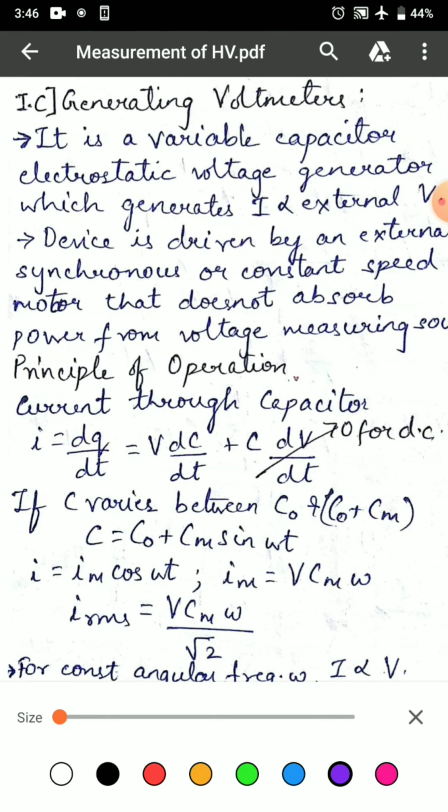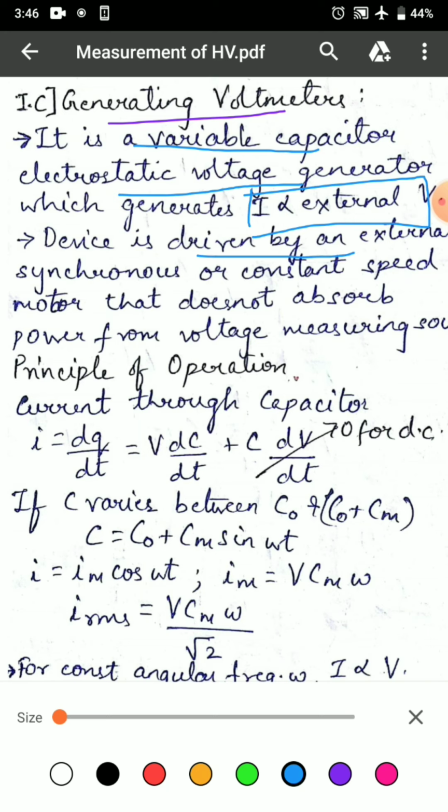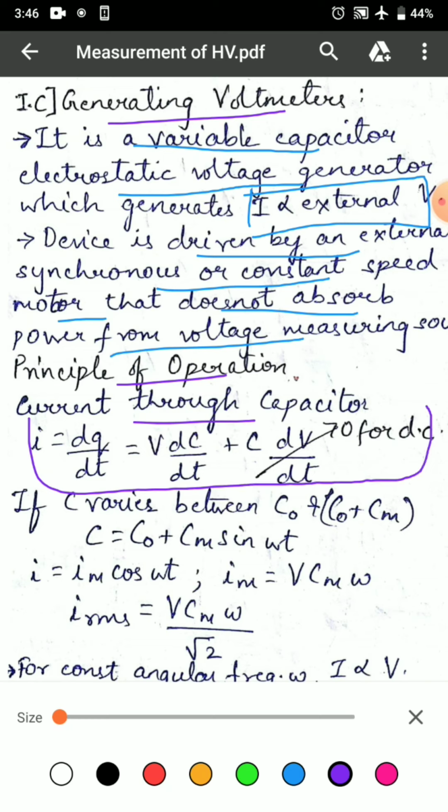The third type of measuring instrument for DC voltages are generating voltmeters. It is a variable capacitor electrostatic voltage generator which generates current proportional to external voltage. The device is driven by an external synchronous or constant speed motor that does not absorb power from voltage measuring source. The principle of operation is: current through capacitor is given by I is equal to dq by dt, which